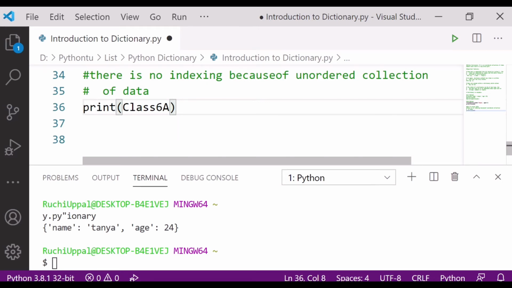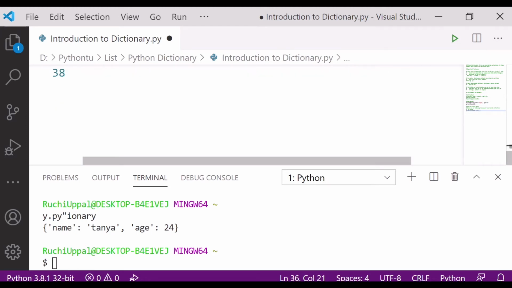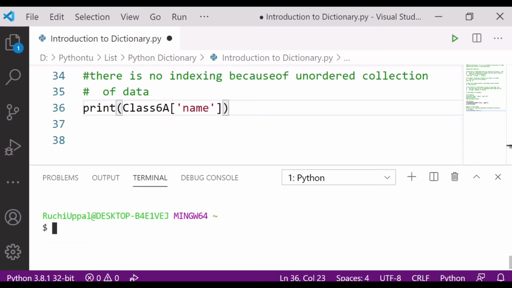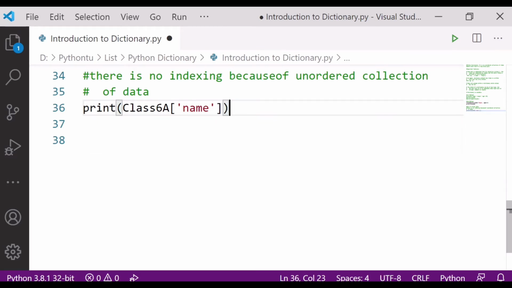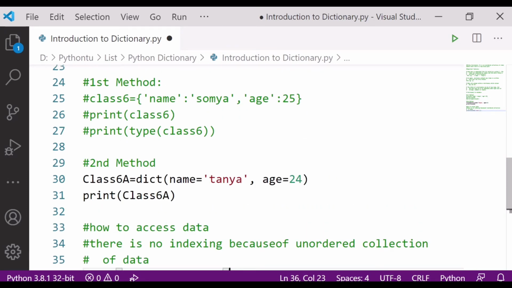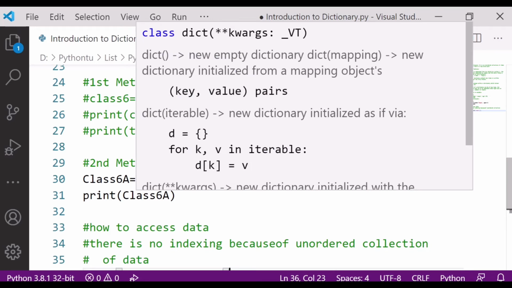Now I have to write here what I want to access, name. So I will write here, in the square brackets, name. So when I print this, what will happen? Let me clear this window first. If I am writing like this, then what will happen? So let's print.